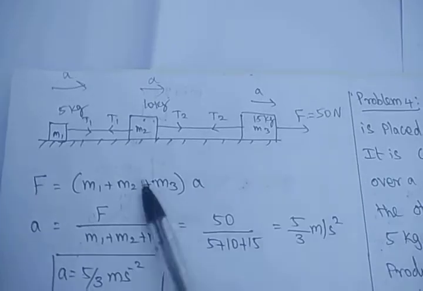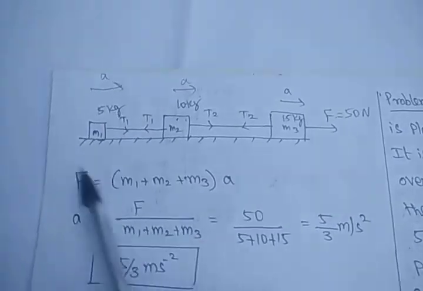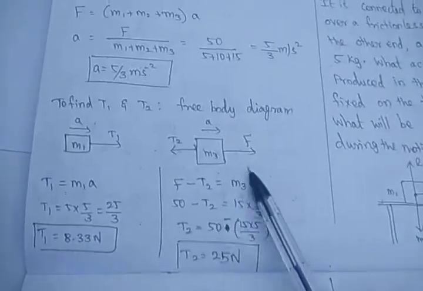Very simple, students. By seeing the diagram itself, we can say that the total force F is equal to MA. Calculate the A value, then draw the free body diagram for M1 and M3 like this, and you find the answer for T1 and T2. Then the next question is,